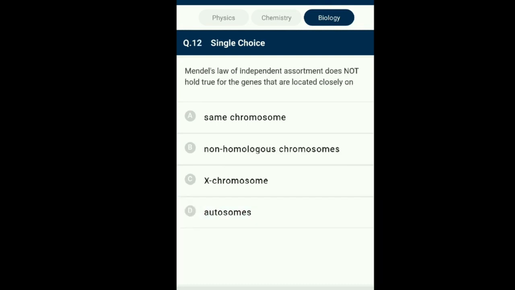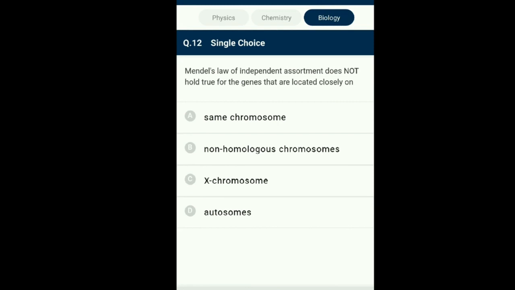Question number 12. Mendel's law of independent assortment does not hold true for the genes that are located closely on the same chromosome. The chromosomes contain the genes for various features. If many genes are located on the same chromosome and within close proximity, the genes are considered to be linked. Such linked genes resist recombination during the meiotic phase of cell division in gamete formation and do not follow Mendel's